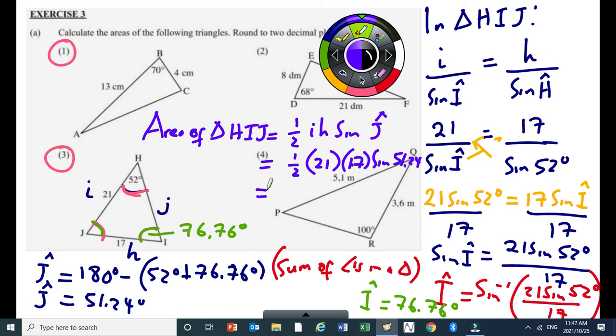139,19. This is square meters. No, there are no units, so it will be square units. Right. So I'm done. So this will be your final answer. Okay. Right. Please take note that